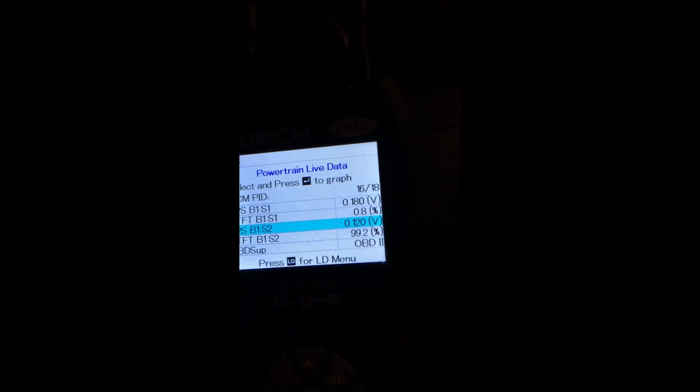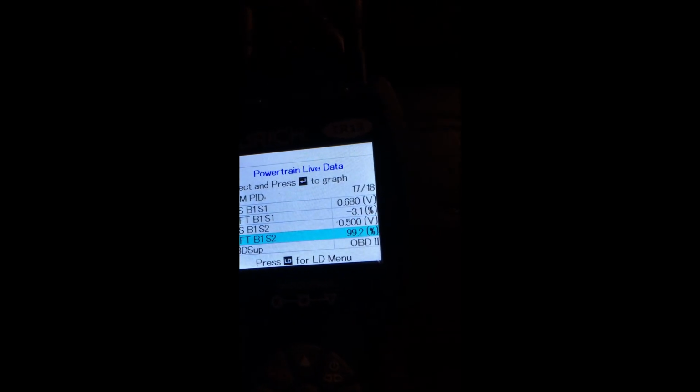And then your downstream oxygen sensor one and downstream of your cat is here as well. So you monitor those voltages. And that short-term fuel trim sensor 2 isn't used. 99.2 doesn't mean anything. That's about it. But anyways, if you get the live data again, you can go and record data